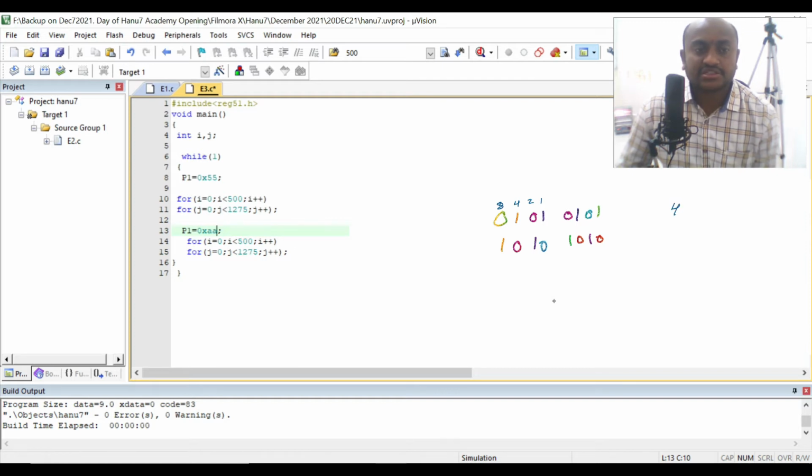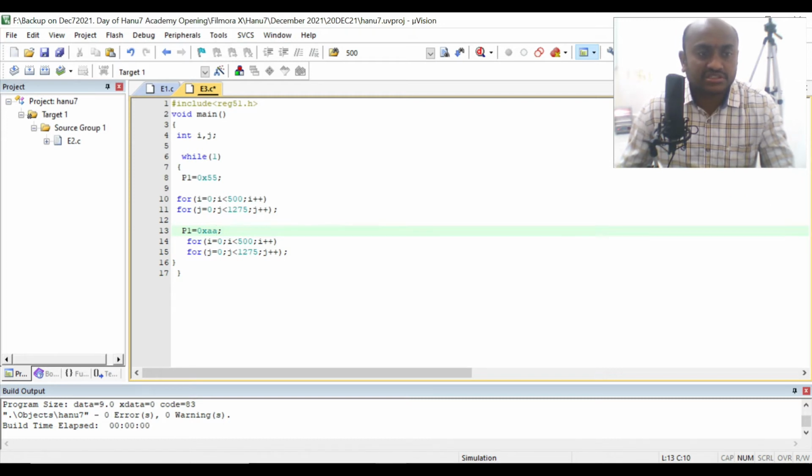So 8 plus 2 becomes 10, which is A, and 4 plus 1 becomes 5. I hope you are following. With 8421, you just map to binary numbers. So the binary equivalent of 5 is 0101 and its opposite value is 1010. I wrote A here and 5 here, and similarly the IR enable is also 5.